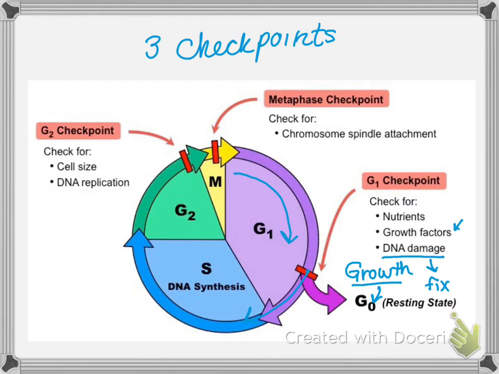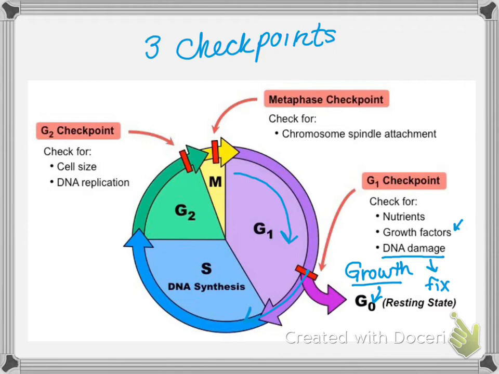Because if there's too much DNA damage, it doesn't even want to try to fix it all. It'll just say it's better just to replace it with a healthy cell rather than trying to replicate a damaged cell. All right, so let's say it does everything correctly there. Next up,